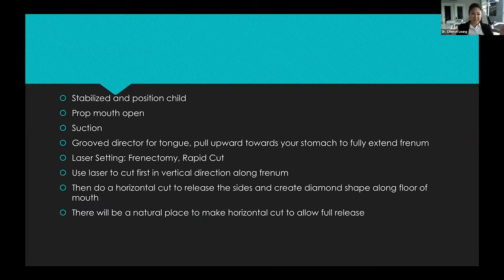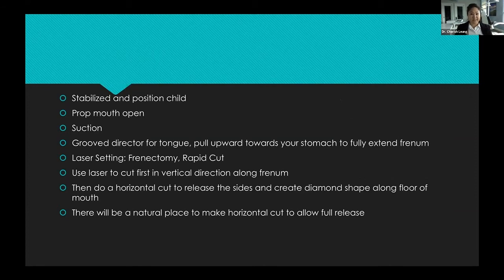So once you stabilize and position your child, you're going to prop the mouth open. You're going to make sure you're suctioning. For the tongue, you're going to have that groove director that I showed you. You're going to pull that tongue upwards and backwards towards your stomach. You want to fully extend that frenum. So make sure you are putting a fair amount of pressure, not anything aggressive, but nice and firm to really